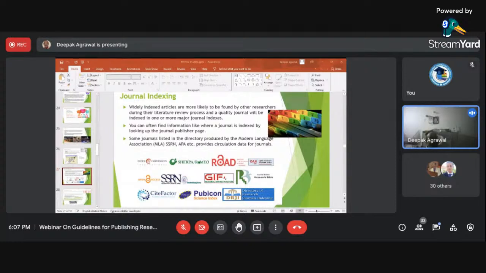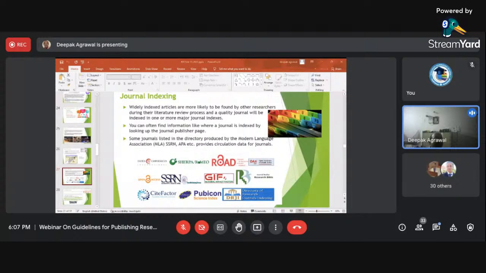These are a few names you might be familiar with: SSRN is there, Index Copernicus is there, Google indexing has been there, ResearchGate is there. So it provides better opportunities to locate or search for the paper of your choice. Again, it is open access, so you can easily go through those indexes.